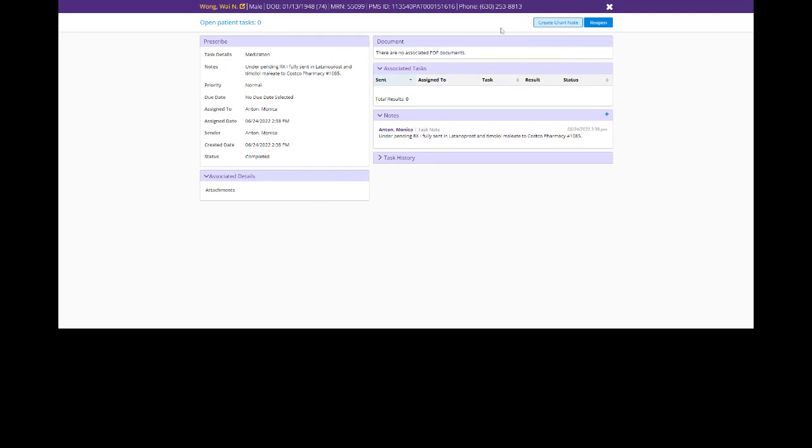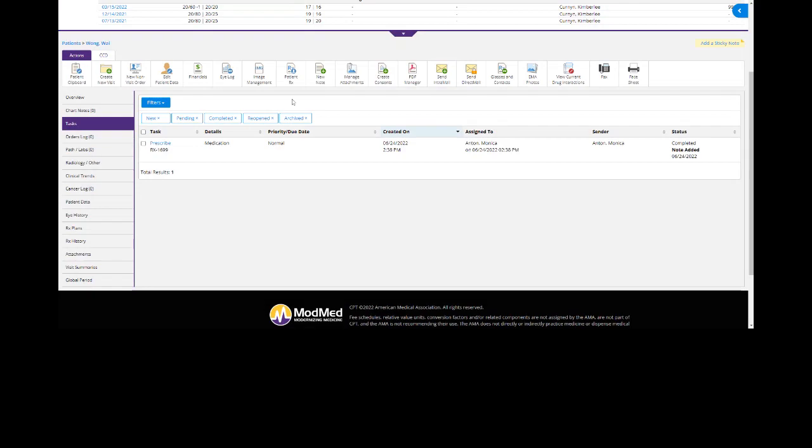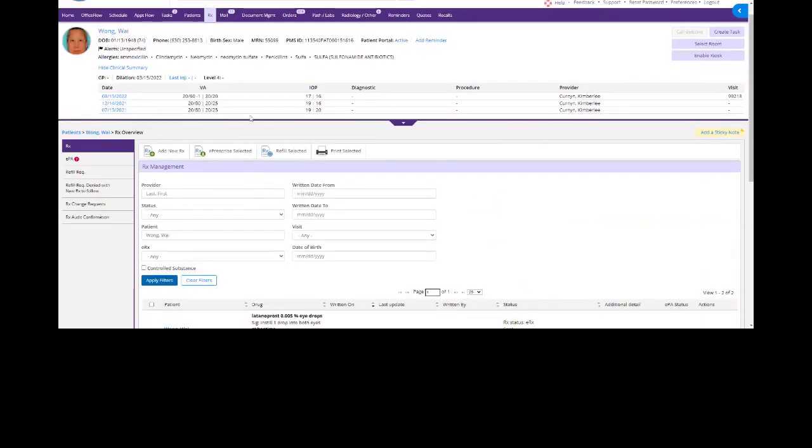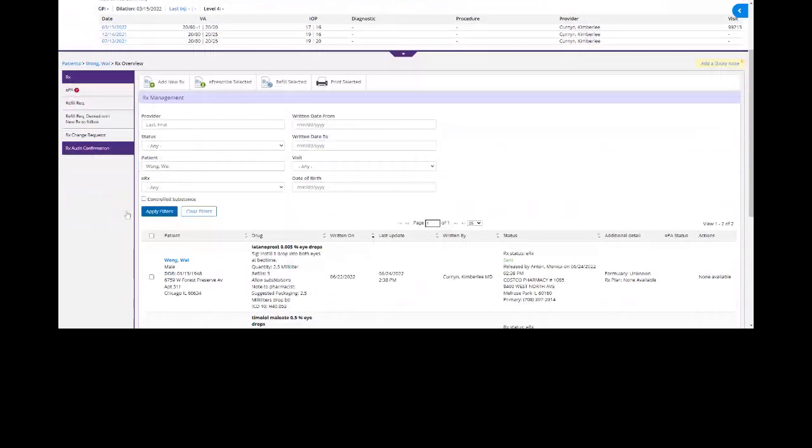This is the only way to know if a medication was sent in or not through a pharmacy, because you cannot always rely on the patient RX button. If you click on it and do any and apply filters, it will show up here, but when you're sending it via SureScripts from the pharmacy sending it to us, I've been noticing it does not populate in here right away. So the only way to actually see if someone sent a script in is by going under the patient's task that we just did. So make sure you're documenting everything you do and what you sent and how many supplies, because we can't always rely on this option. It doesn't work for every single prescription. So that is one thing that you guys are